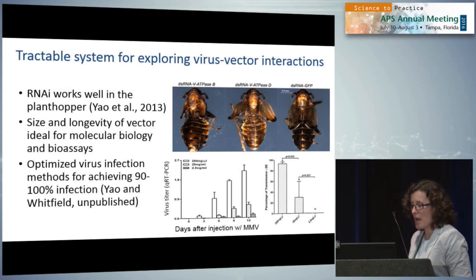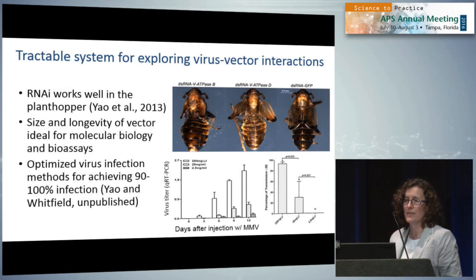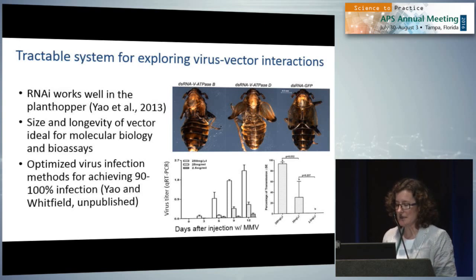We also have developed optimized virus infection methods. One barrier that we had when we first started working with the system was a low infection rate. When you're trying to look at the direct effect of the virus on the vector, having a low infection rate is a significant barrier. So we've been able to inject purified virus into the insects. And here in this bar graph, you can see we injected with different